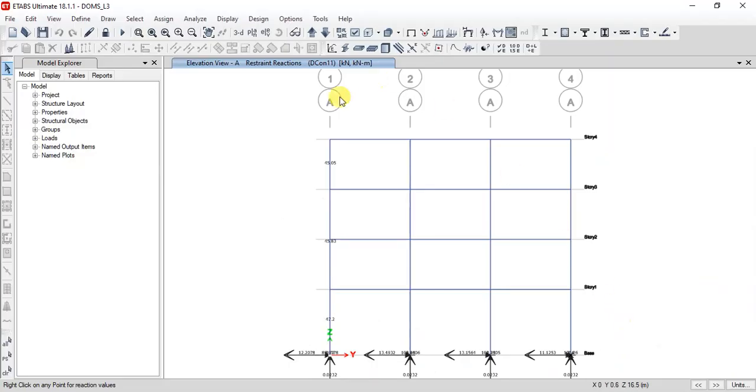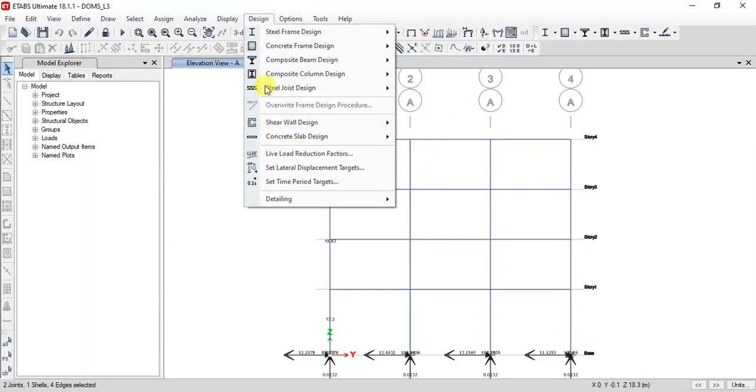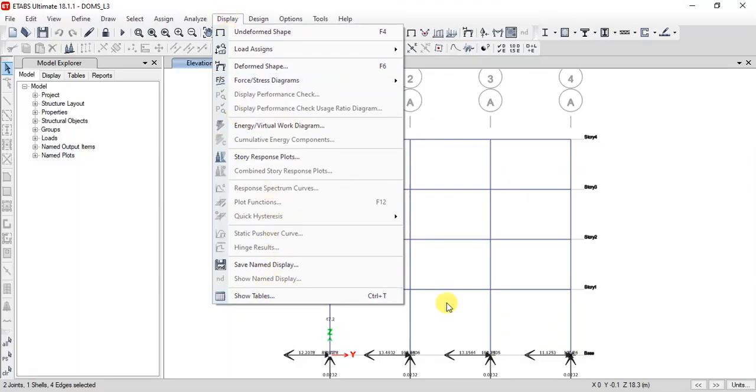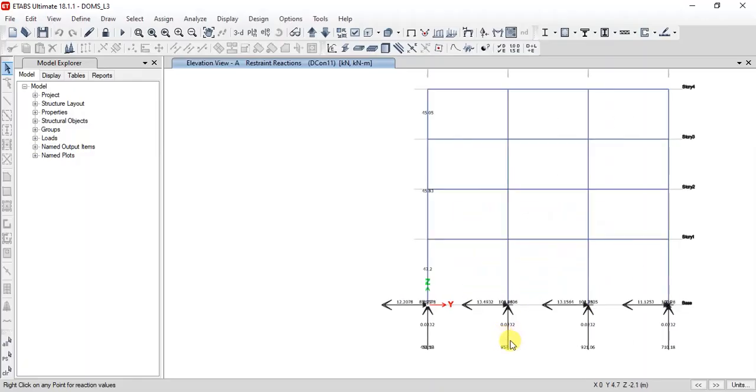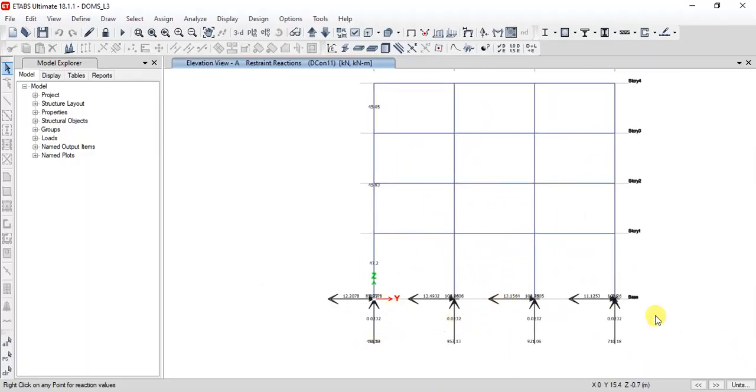Or you go to elevation and bring your mouse to any support, and it will give you the support reaction forces at that particular node, so that you can note them down. You can also take these from the table, by taking the support reactions in table format. That is how you will be able to design the foundation based on the reactions applied at the level of the base. So you can use this for designing the foundation.